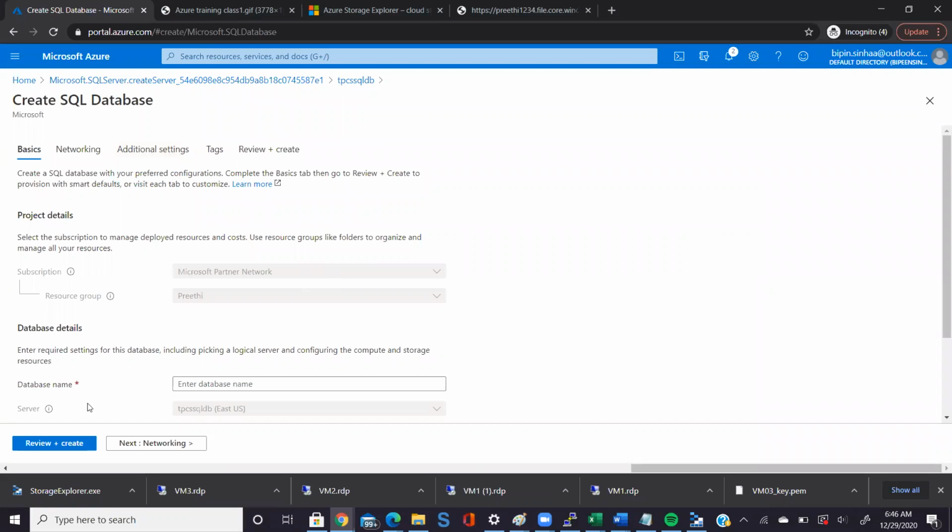So everything is taken automatically. Just give the database name. Maybe you can type HRDB. So maybe this database we are creating for an HR application, right?